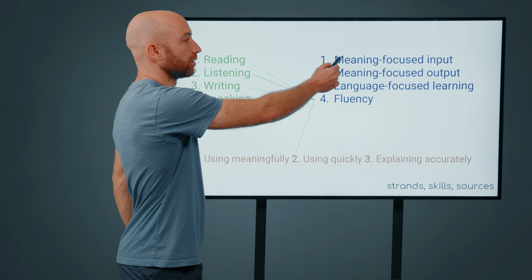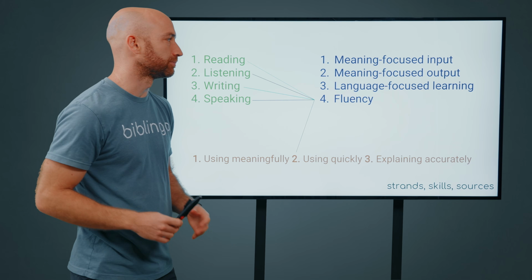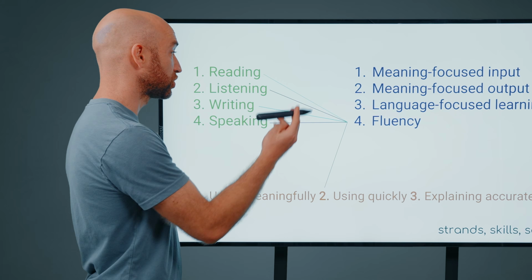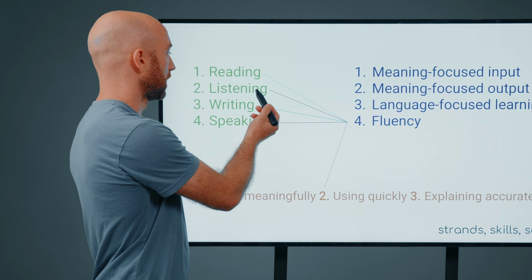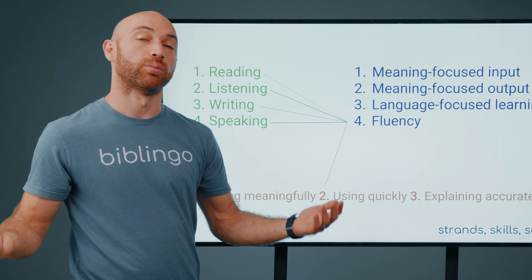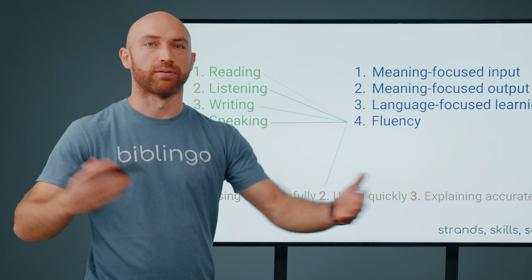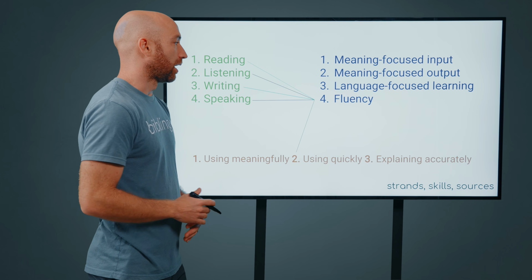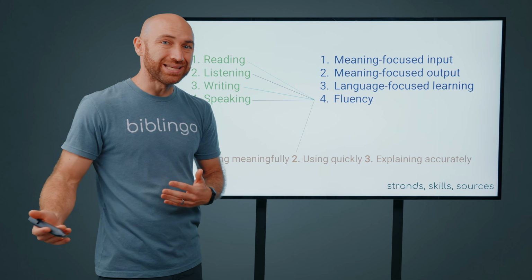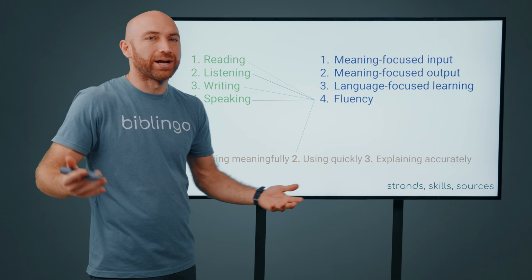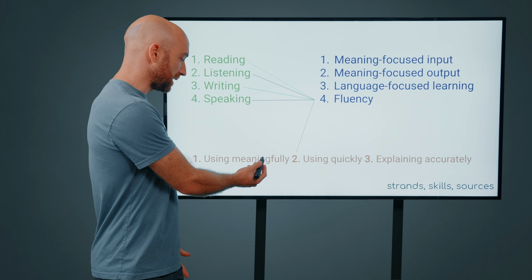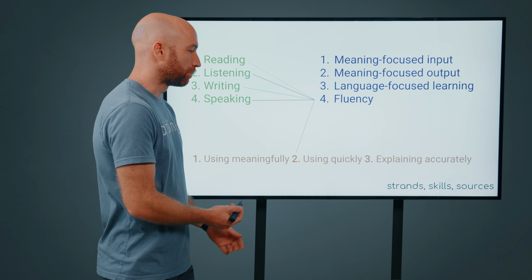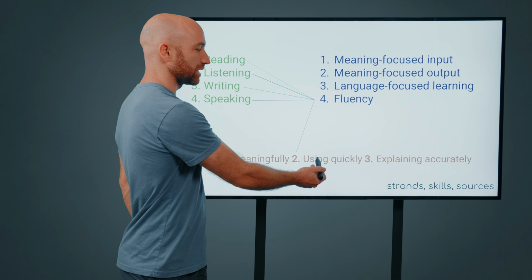So when we're focusing on meaning-focused input or meaning-focused output, it's all just about understanding the message. And there's a certain required speed, especially for listening and speaking, because the speed will be the pace at which the conversation is happening. But with reading and writing in particular, where you're going at your own pace, there is no sort of required speed. So in theory, you could be reading a text quite slowly, trying to understand the meaning, but you're not really focusing on fluency, on getting